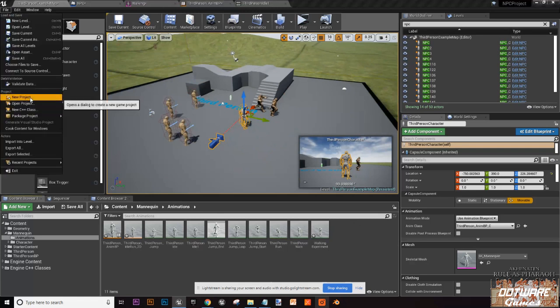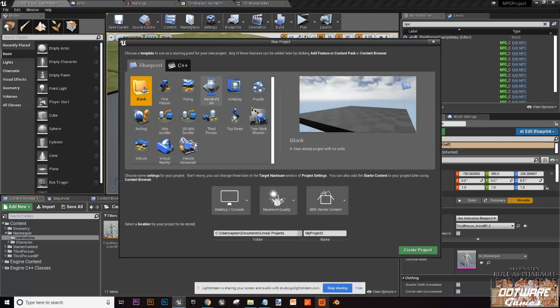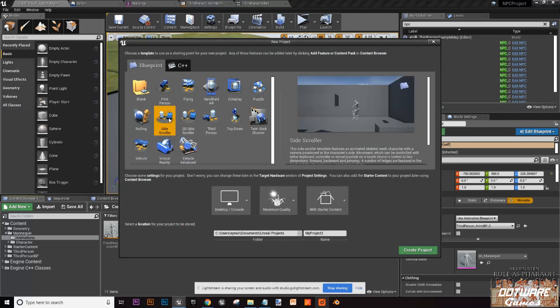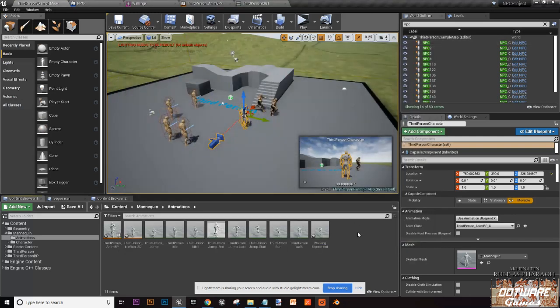If I do file new project, there's two templates. There's one called 2D side scroller, and there's one called side scroller. Side scroller is a 3D game, but it forces the camera in one position so that it's actually kind of 2D, but it's actually 3D graphics, which is how the modern Street Fighter works. I'm not going to make the template now, but to answer your question, a fighting game like that would be